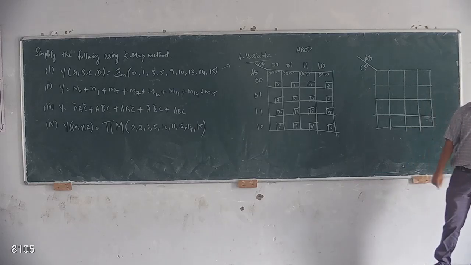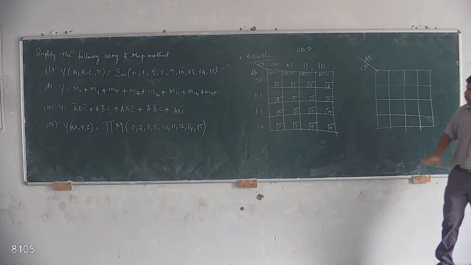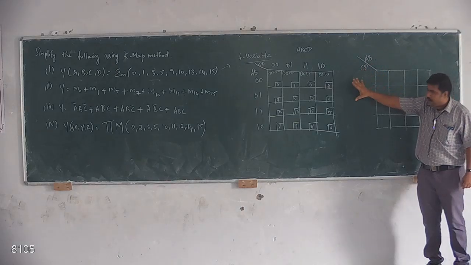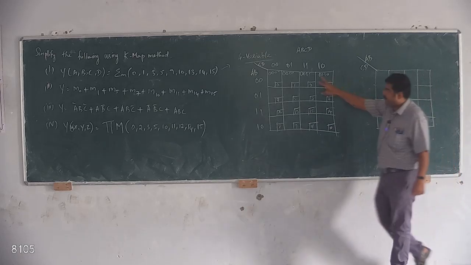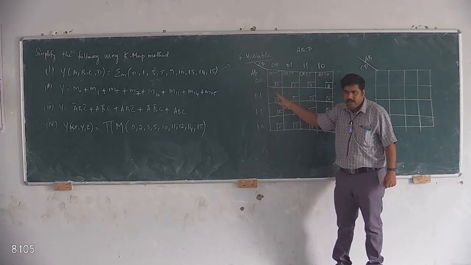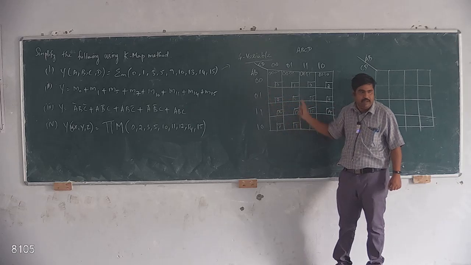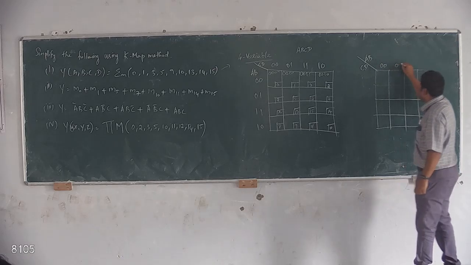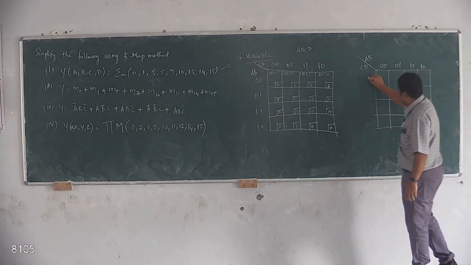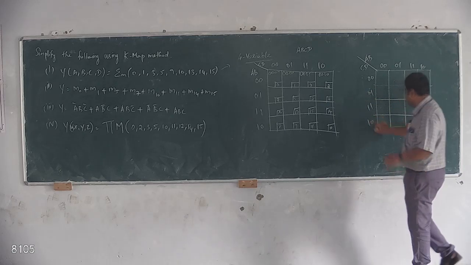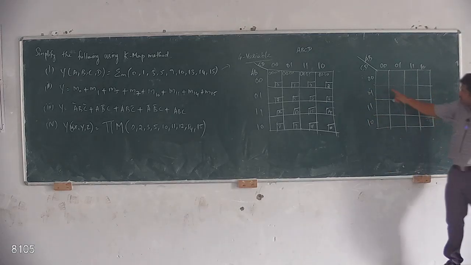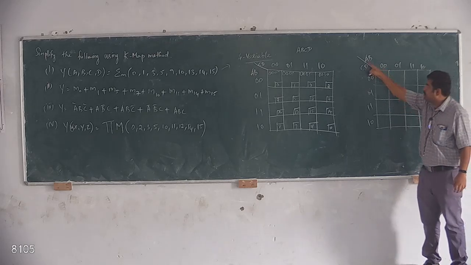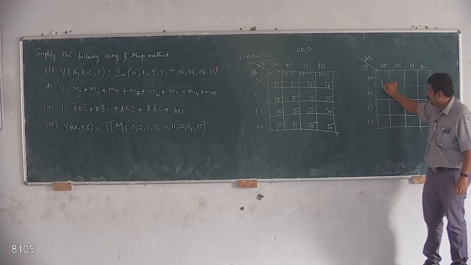Any doubt on this? In the similar way, suppose I take AB here and CD here. You can draw in any format, but if you change the arrangement, be very careful that the decimal values will also change. So here AB is 0 0, 0 1, 1 1, 1 0, and 0 0, 0 1, 1 1, 1 0. Now tell what is the value in this box. Here this value is called AB, as I have mentioned. So this value is equal to 0.